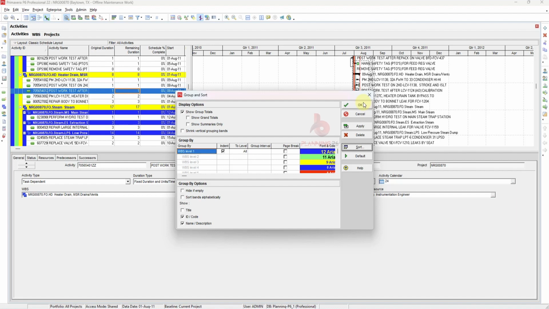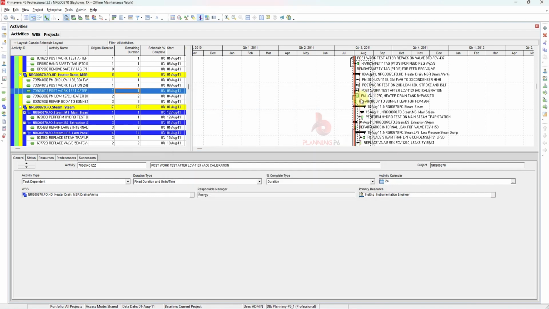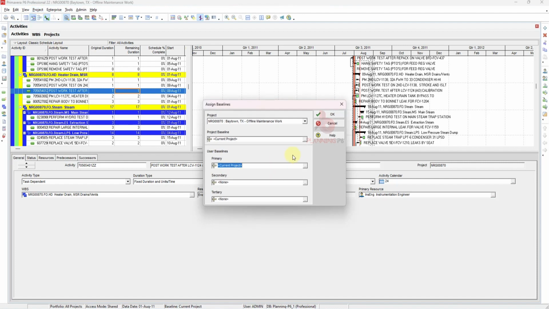Update number 6 is the baseline. What have they changed in the baseline? In the project, when we go to the Assign Baseline option, they have updated it. Before it was